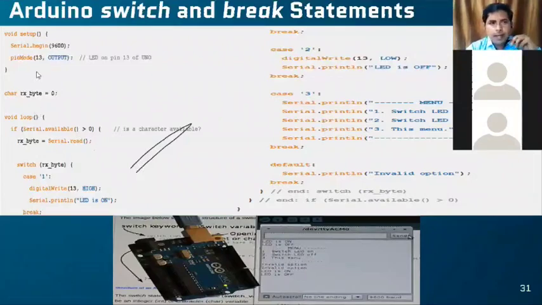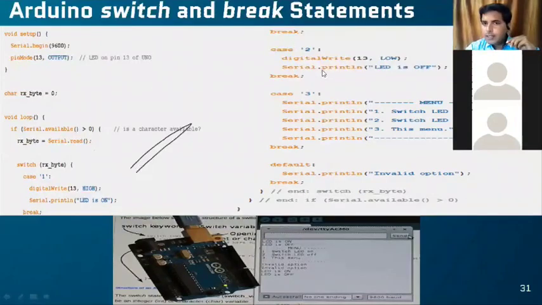How will I write it? I'll mention here again the output pin where you are getting output. Again I'm mentioning the if statement. And what is my case 1 or switch 1? If case 1, the LED is on. I'll tell when the LED has to turn on. Okay.